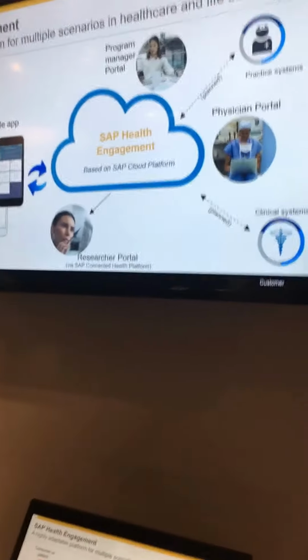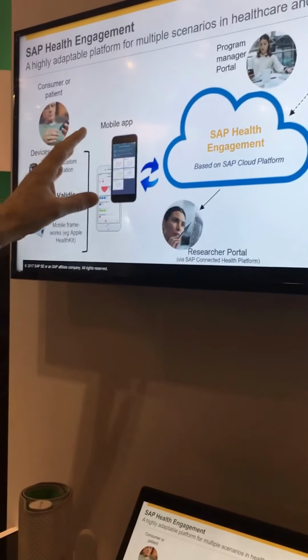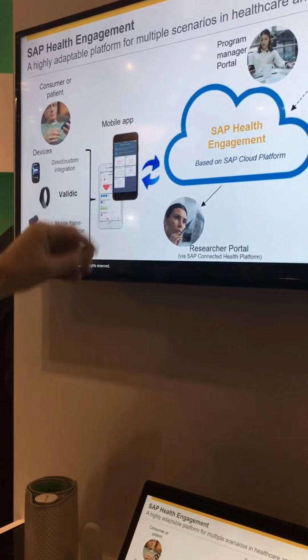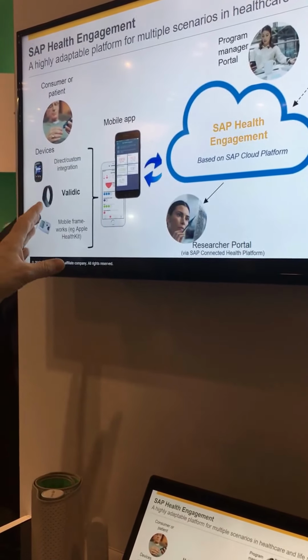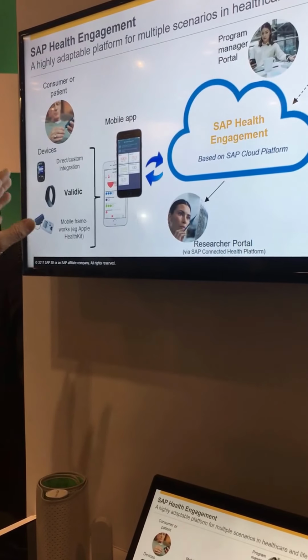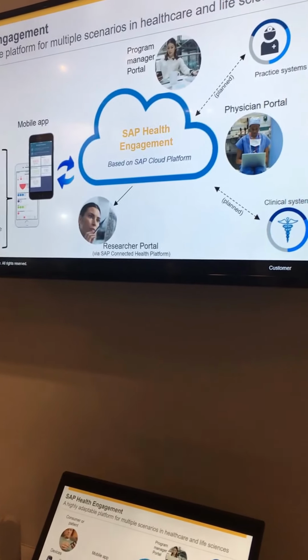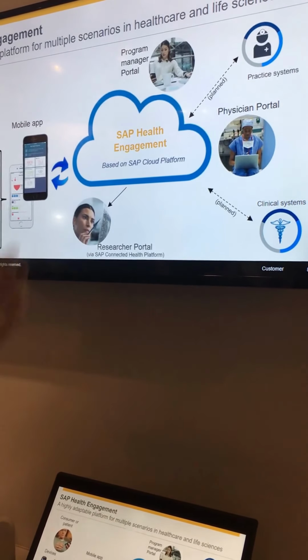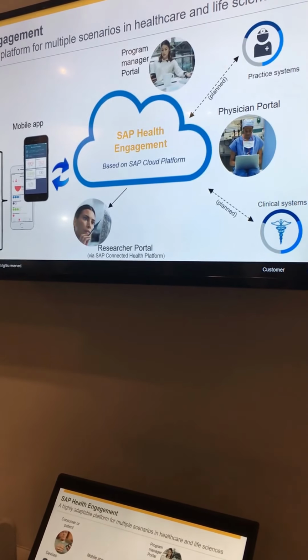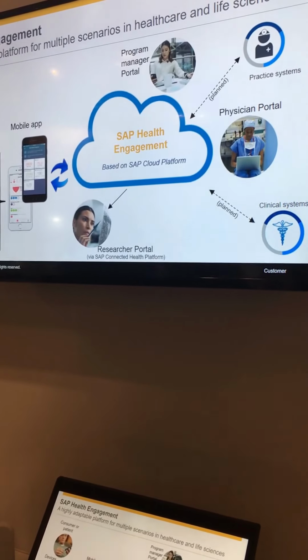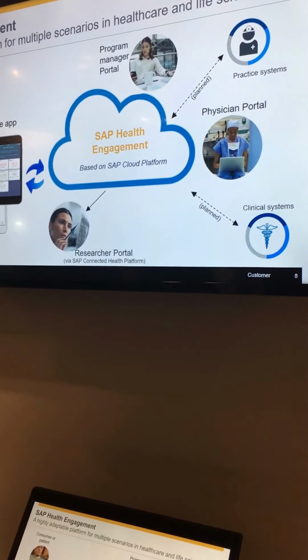We have the patient on one side. The patient can use mobile apps, can use desktop apps, can use multiple wearables integrated with that in order to collect their vital data, store it on the SAP Cloud Platform, and from there share that data with other stakeholders in the system, like their doctors, may publish the data further for research, and make it also available for